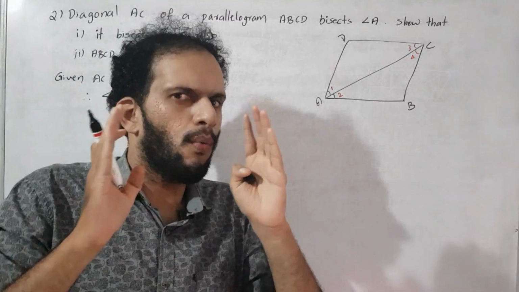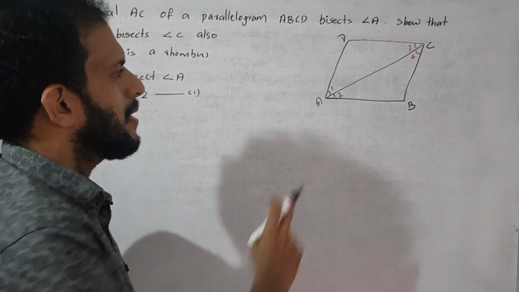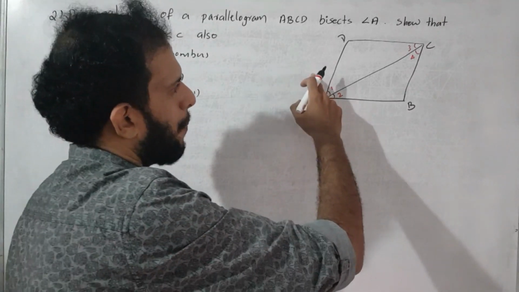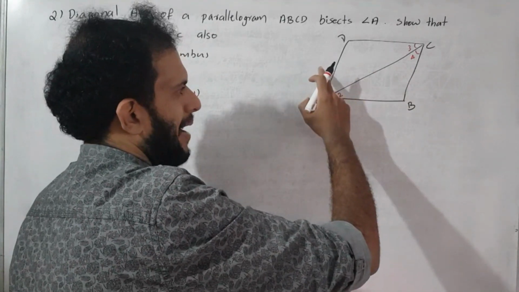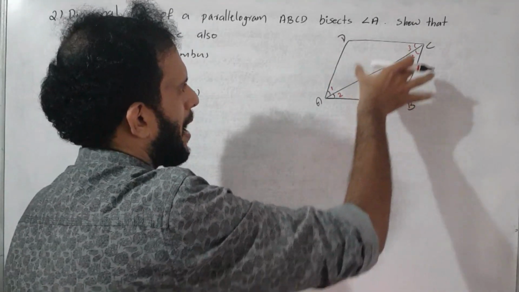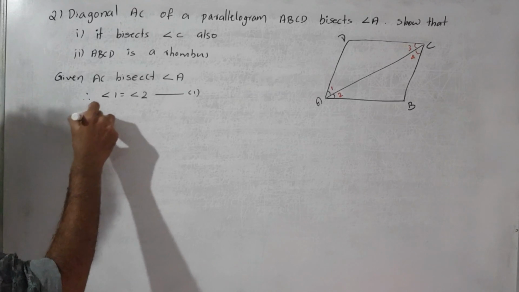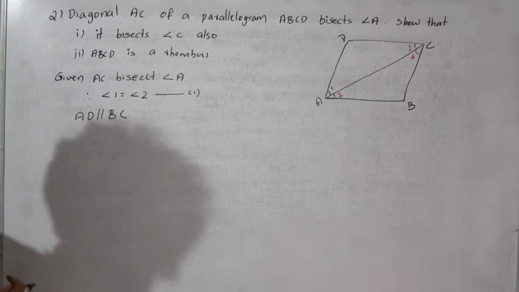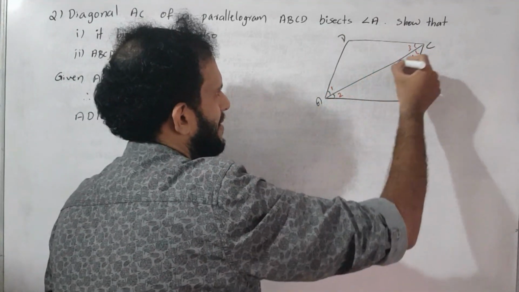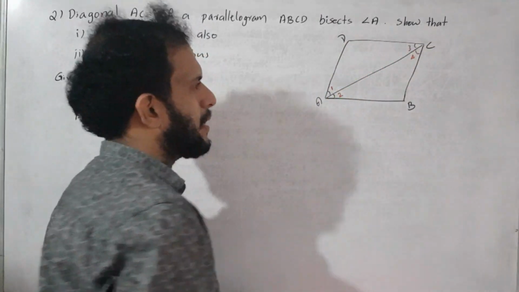Then what is next? Next, just remember what we want to prove. We want to get the result 3 is equal to 4. Okay, for that we choosing, here is given ABCD is a parallelogram, so we know that is very clear the opposite sides are parallel, correct? The side AD is parallel to BC and AB is parallel to DC. So first we choosing AD is parallel to BC, and AC is the transversal.